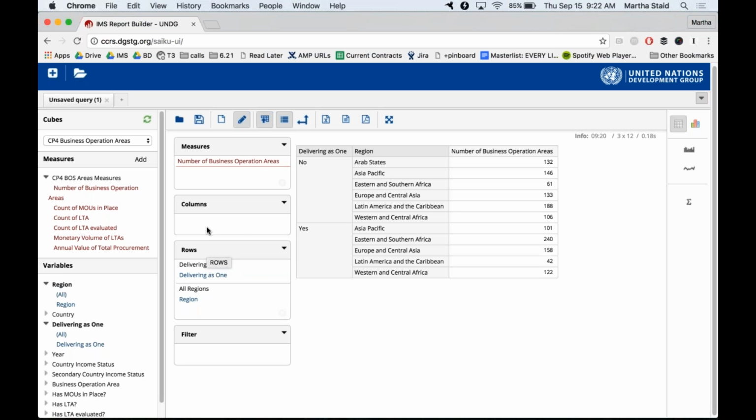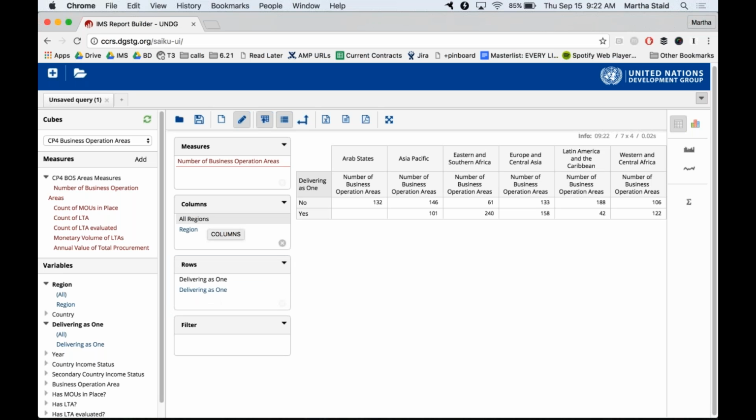So if you'll remember, we started out with delivering as one in columns, and it sorted that out. If I then instead keep delivering as one down here as a row, and I drag region up to a column, now we have a bunch of columns which are our regions. Delivering as one is how our rows are built. And then they're each showing number of business operations areas.